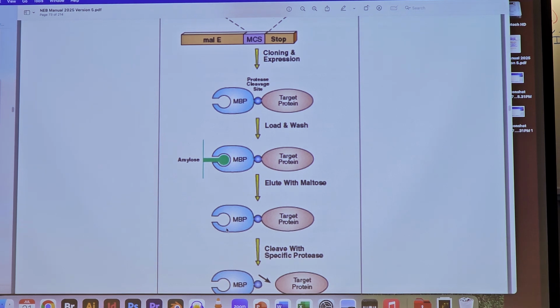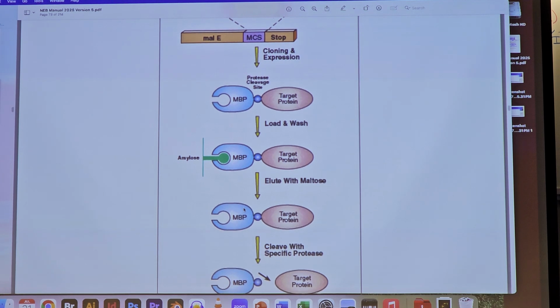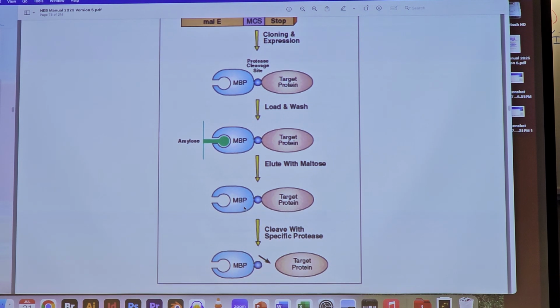Can you explain again how the molecule gets unbound from the MBP? Oh, how the protein unbinds from here? No, that I understand, because when you put the MBP and the protein again through a column, it needs to be